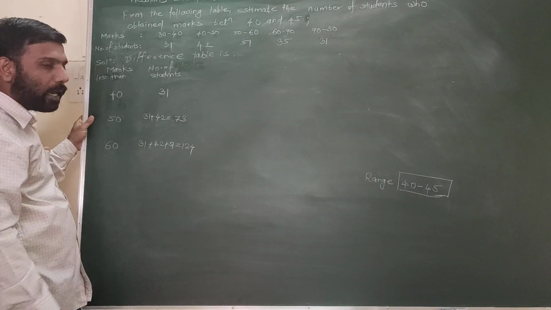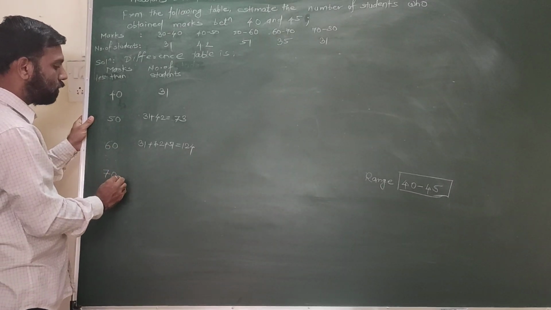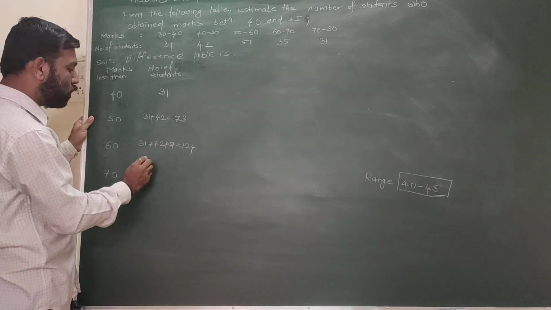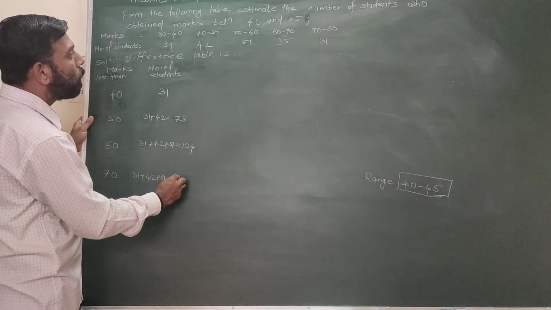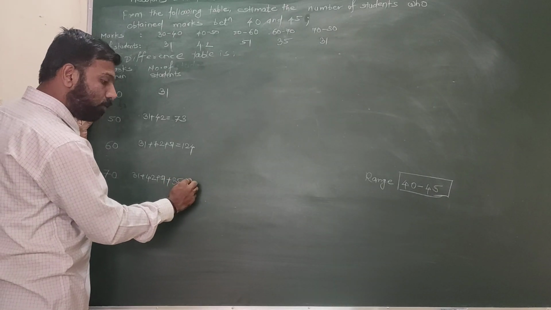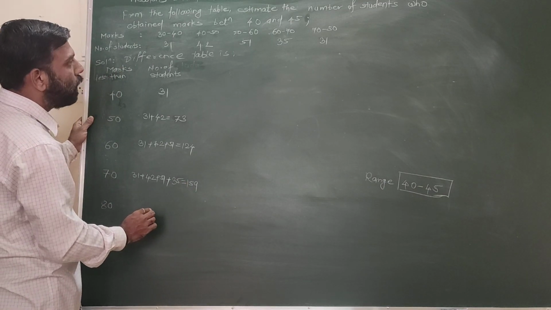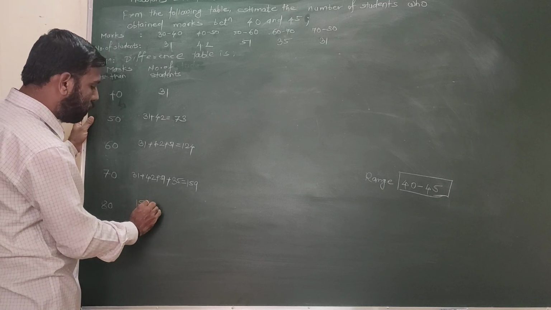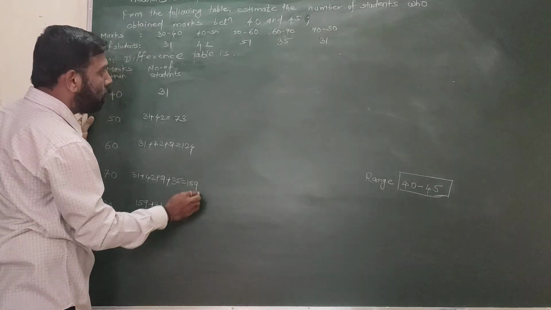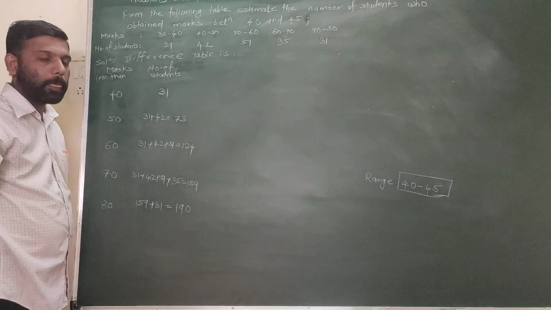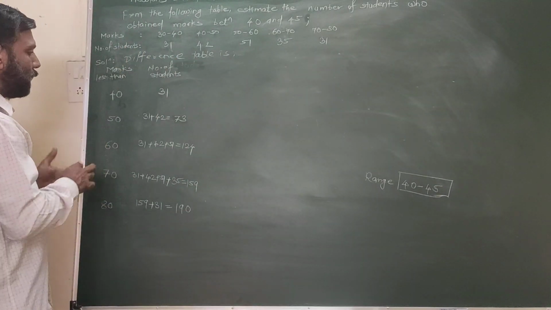So here the X column, they have not given directly. We have to find it out by understanding this. Next, below 70. Take the addition of all this: 31, 42, 51 plus 35, which equals 159. And below 80, I will write down directly, or you can conclude like this: 159 plus this 31, if we add, then it becomes 190. So this is our Y column. In this problem, X and Y they have not given directly, we have to conclude like this.